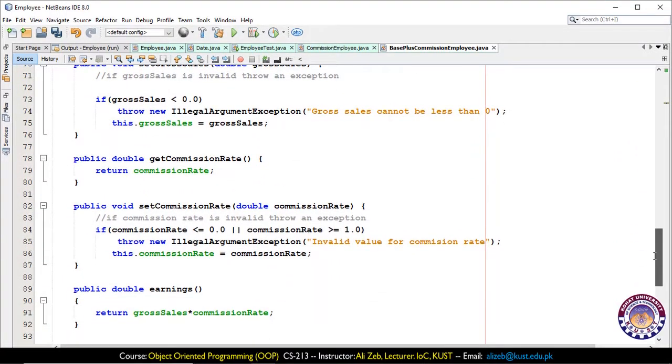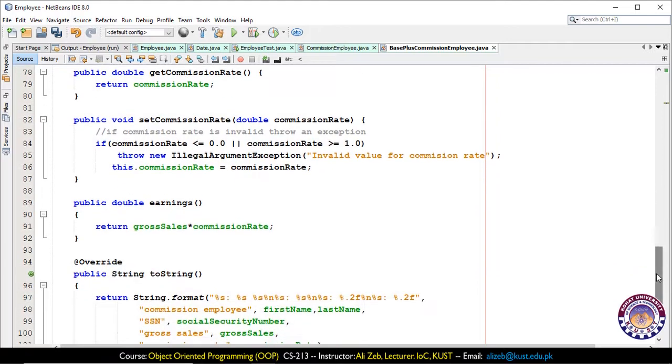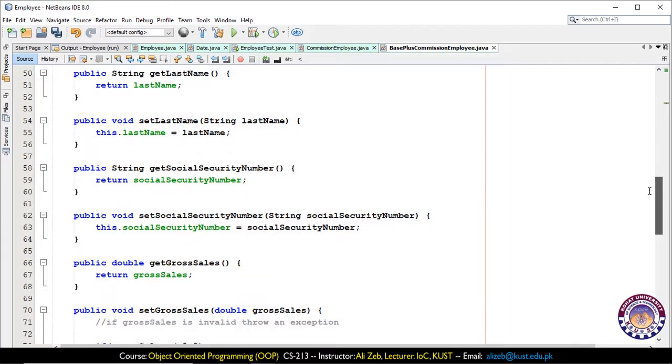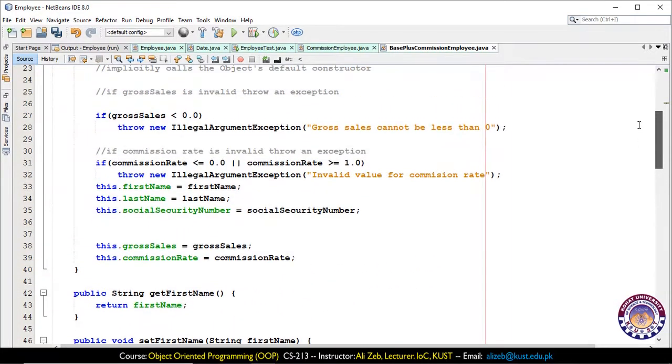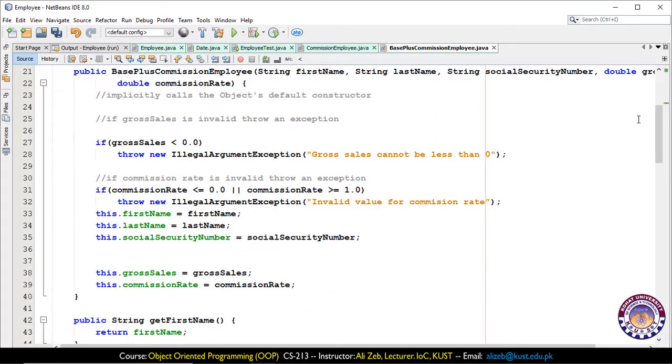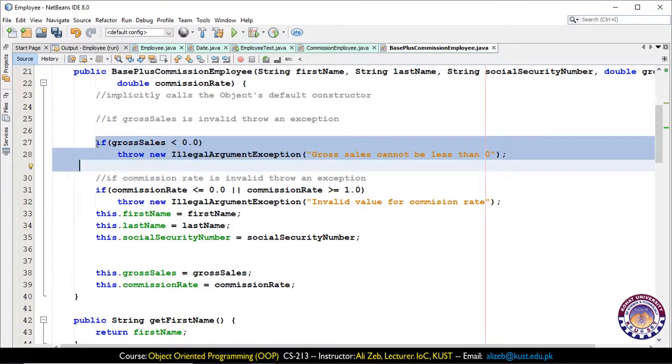We also need to add a set and get method for the base salary, as well as a validation statement. The salary cannot be, for example, less than 0. So we'll add a simple validation statement by copying